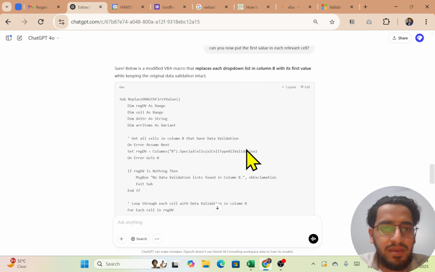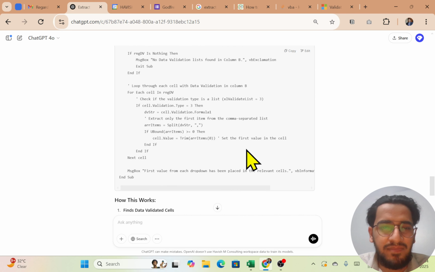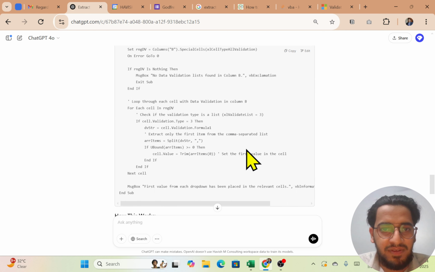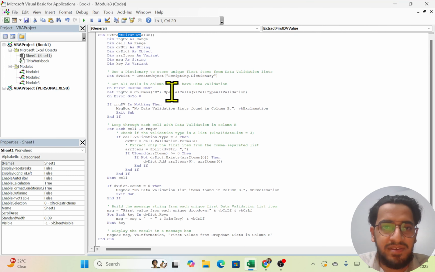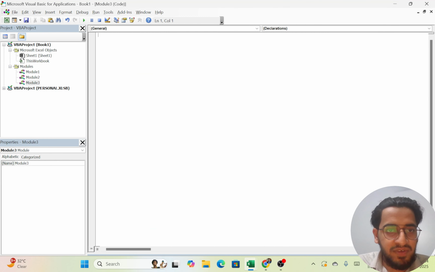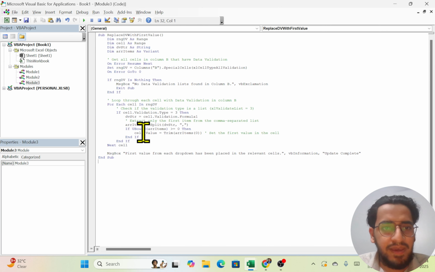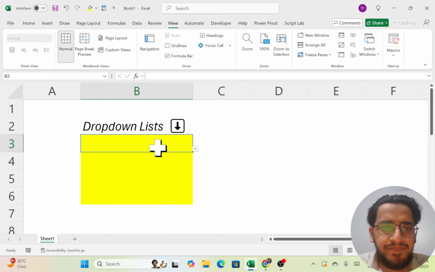Copy. Again, not going to go into code. It is basically a loop. It is using different properties that Excel has so that it can extract the validation list and then overwrite them in the cells itself. And I come back, Alt F11 to go to Visual Basic. In my same module, remove the old code, paste the new code, and it's a much shorter code now. And I can close this, come back,